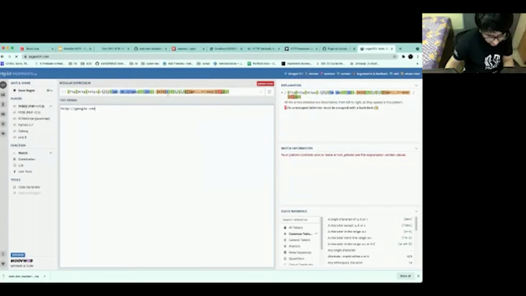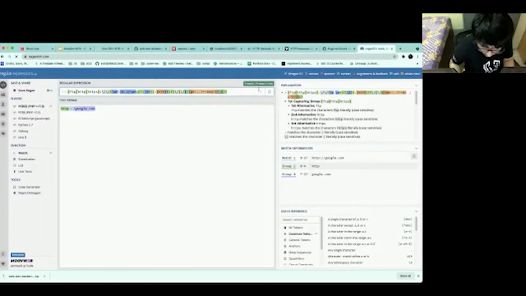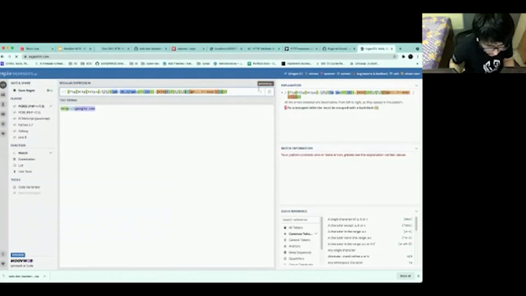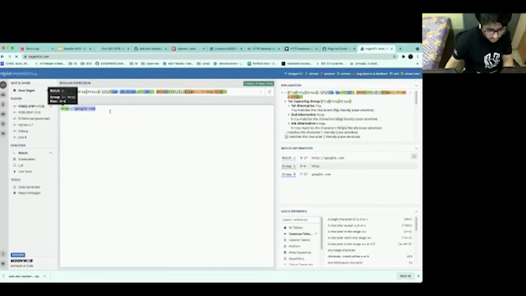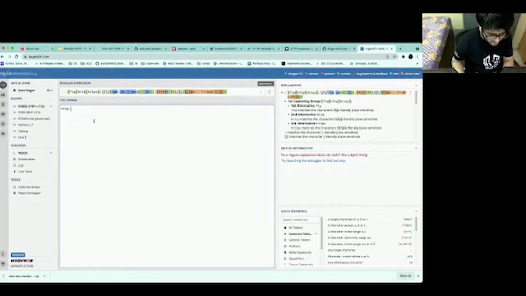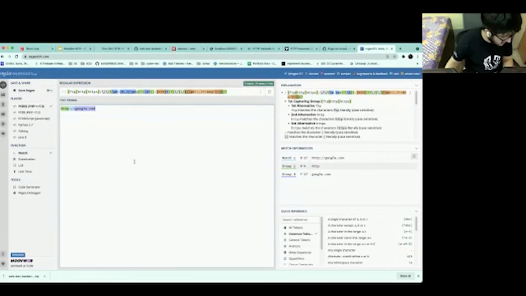Okay, what is this? Okay, see, it identified this as a URL. Okay, but it might not identify this as a URL. See, it does not identify any random string as a URL. Okay, so that was the difference that this makes. Okay, see, it is identifying google.com as a proper URL, but not that. Okay, so that was all about regex. I think this is good enough for our purposes.